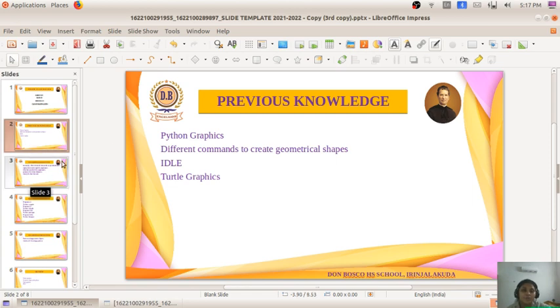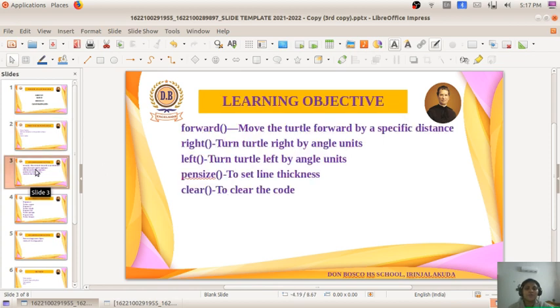Okay, so I hope it is clear to all of you. Now we will be discussing that, but before that, I will be explaining more about these commands. You can write it in your notebook, and you also have to take the textbook, page number 47. These are some of the commands you have to keep in mind while doing the program.